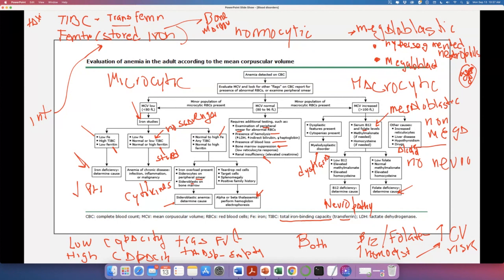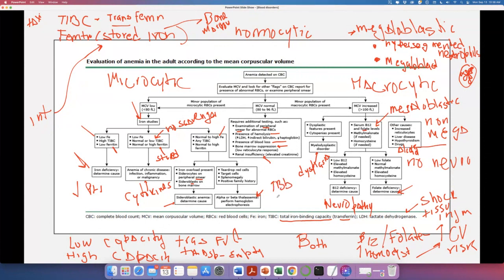LDH is an enzyme that is very unspecific. Okay, lactate dehydrogenase may increase also in cases of shock. Okay, for example, notice that we are doing anaerobic metabolism. So the lactate dehydrogenase is working a lot in cases of shock, any kind of tissue injury will increase the lactate dehydrogenase, and also hemolytic anemias. There is going to be an increase in bilirubin. The patients may have jaundice. There is going to be a decrease in haptoglobin,